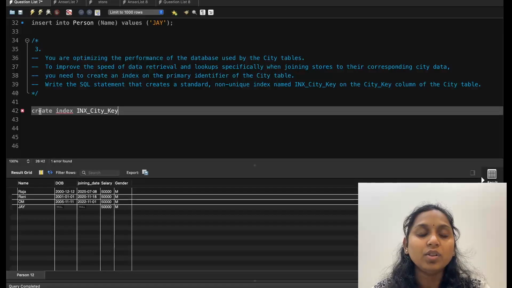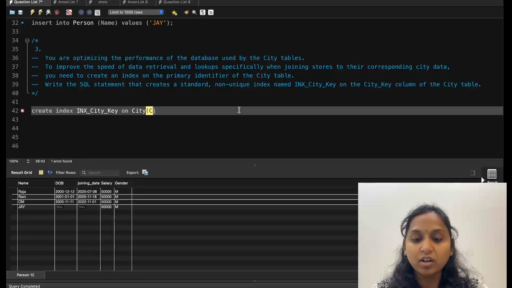Okay, here the question is create index. This is the way you have to answer. Create index, then the index key name. Now on is a keyword that you use here. First of all, you have to provide the city name. City is nothing but your table name, and inside that table, you specify which column you want to create an index on. Right now we are using only one column for our index, but in industry or any specific query, you can combine multiple columns to represent a single index.